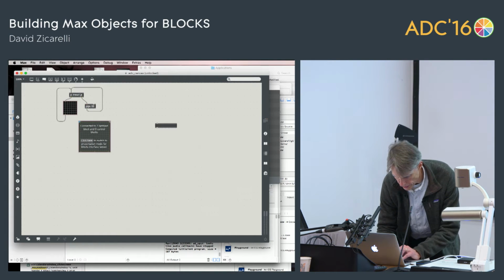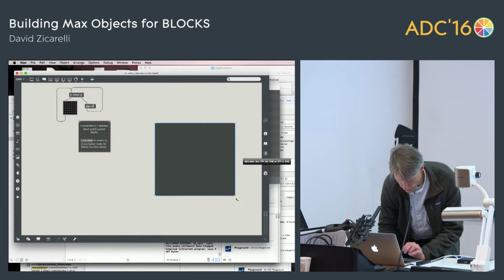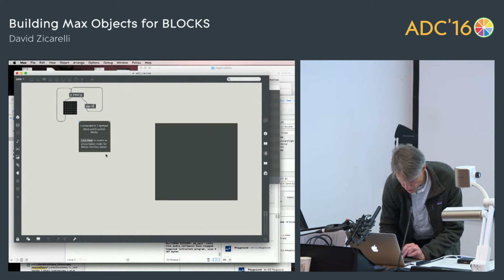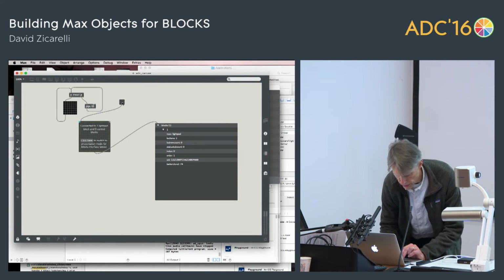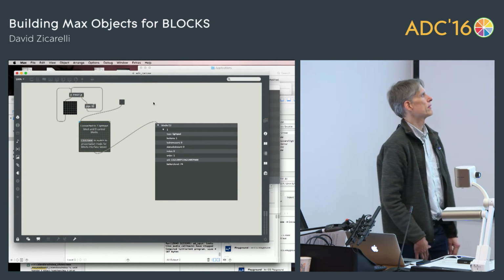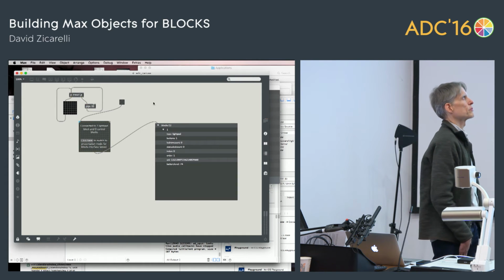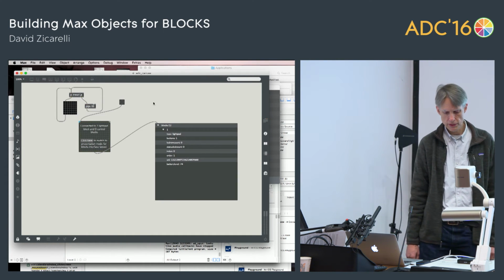So there's this object in Max called dict.view, which can let you see a dictionary, which is a way that we pass sort of structured JavaScript-like data around. And so we represent, it's the middle outlet, isn't it? We represent the topology of the blocks in terms of this dictionary. And so here you can see the same kind of data that you saw in the C++ API, except that you can actually manipulate this in Max.